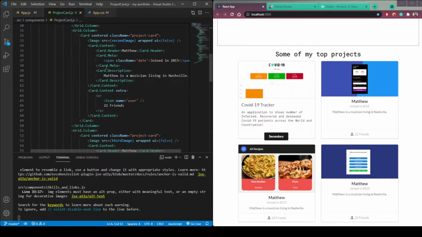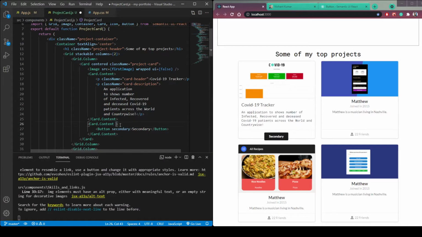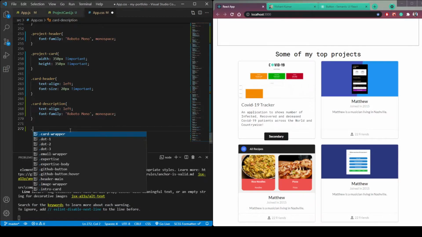Now let's set up the button. So give this card content the class name of card button. Copy the class name and paste it here.